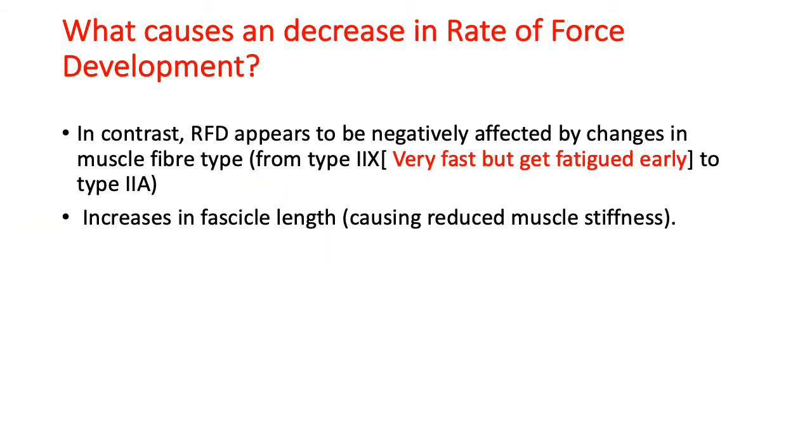Now, what causes a decrease in rate of force development? The earlier slide showed what is happening at the ground level so that you have high RFD. But there are some negative points which you should keep in mind and avoid. RFD appears to be negatively affected by changes in the muscle fiber types. Sometimes the muscle fiber recruitment changes from type 2X to type 2A. This is the wrong transition if we are talking of rate of force development, because type 2X are the